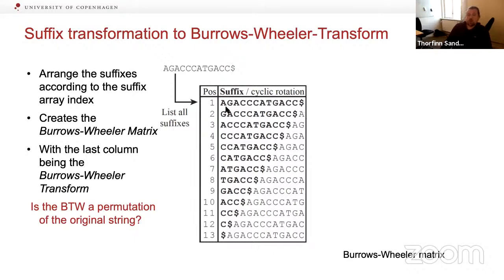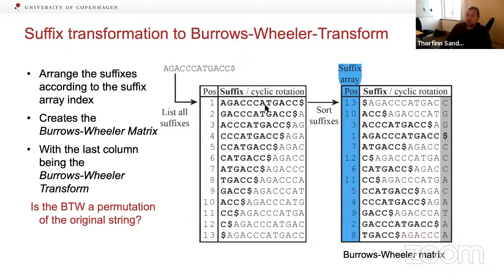So we have this huge matrix of all the characters. Then we sort these suffixes. And then we have something that looks like this. Since they're sorted, there's some structure to this which is worthwhile reflecting on. We start with the terminating character symbol. Then we have a block that starts with A's. We have a block that starts with C's. We have a block that starts with G, and then a single T. And within the block of A's, we can see that we start with the C's and G's and C's. And this is because we have sorted them according to this lexical sort.